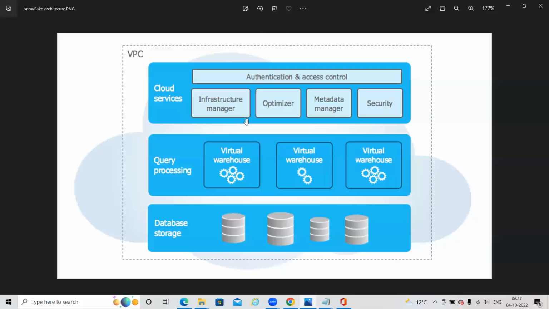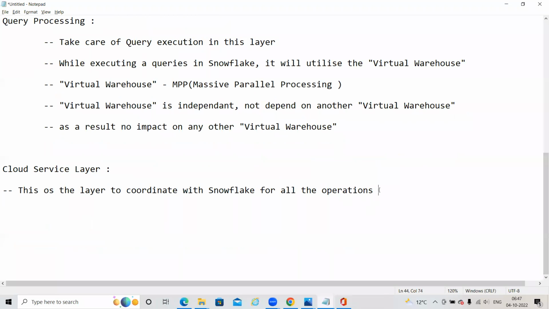Infrastructure manager is nothing but our hardware resources. Let me clear a few more points, then only we'll understand. Login requests made by users must pass through this layer.